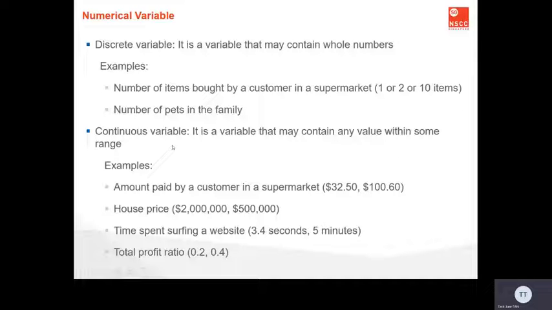A continuous variable is a variable that contains any value within some range. For example, the total amount paid by a customer in the supermarket is continuous. This customer can pay $32.50 and $100.60. Another example is the price of the house, where you can take any value within the range. It can be $2 million for the house or 500K for the house. Time spent serving a website can be